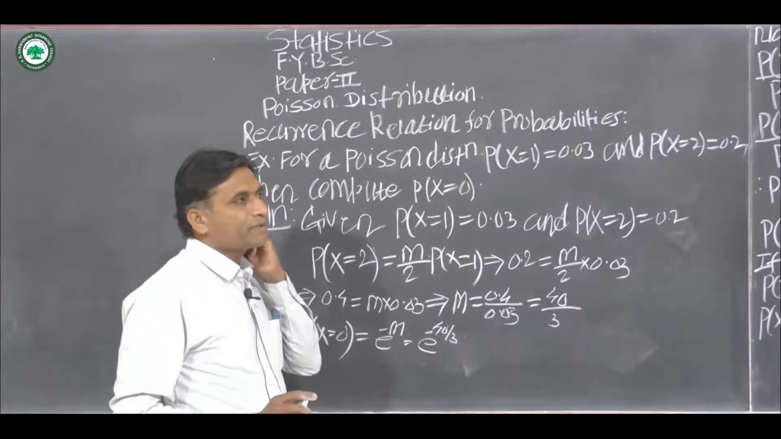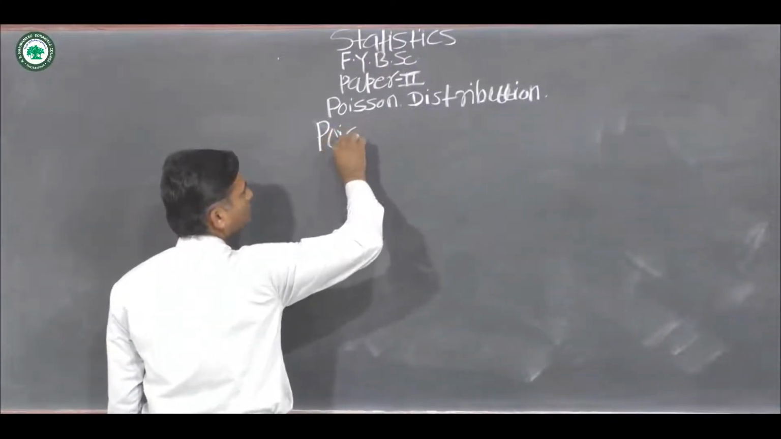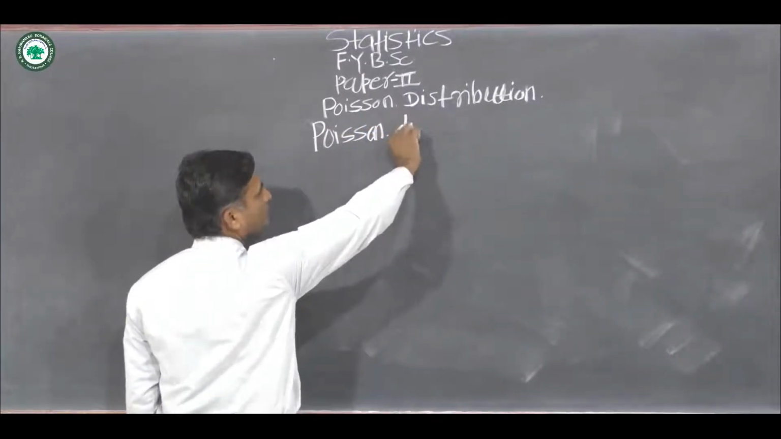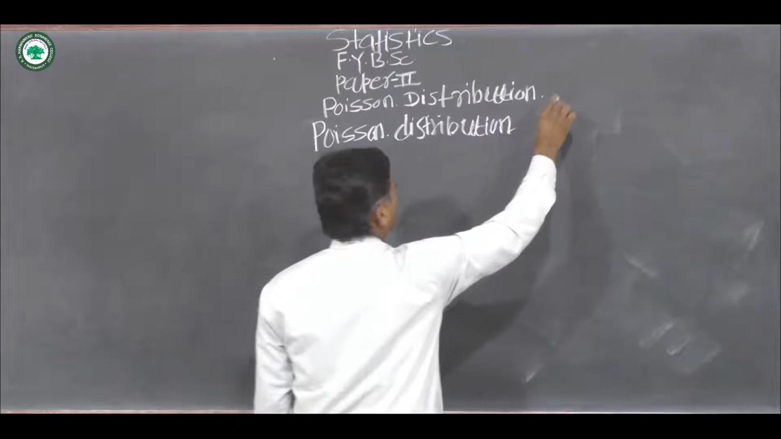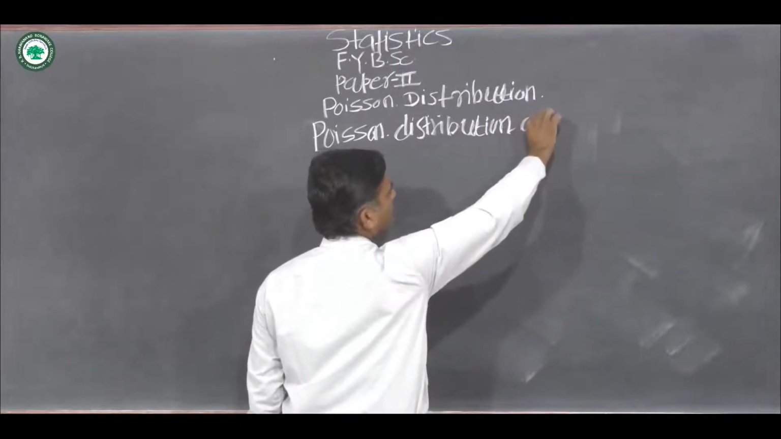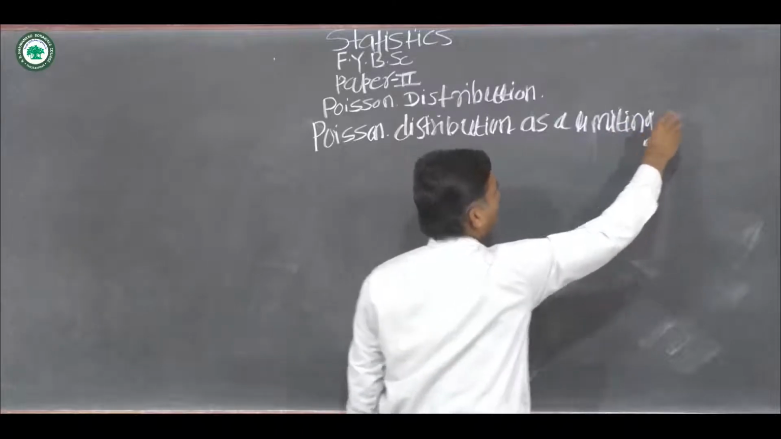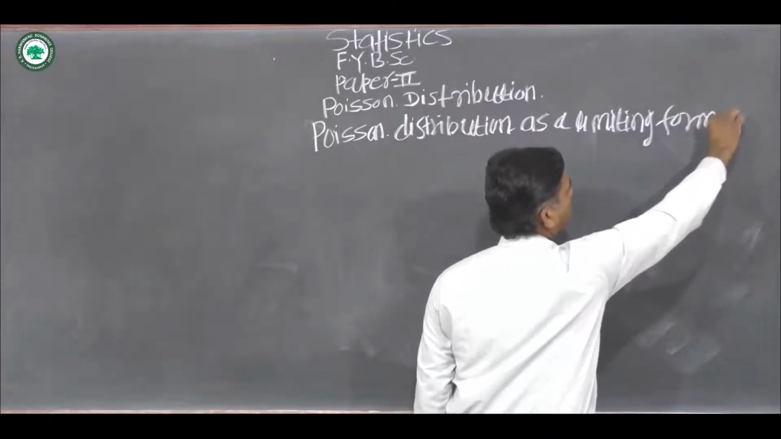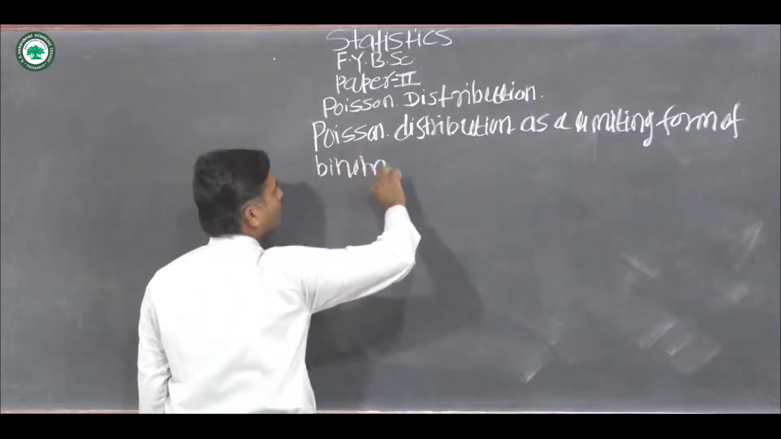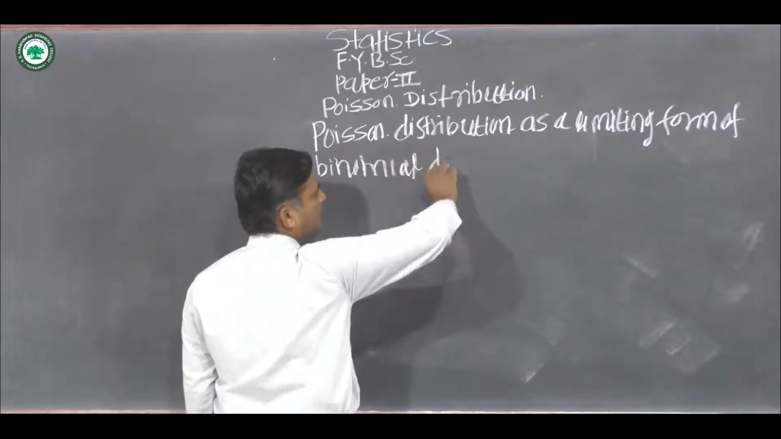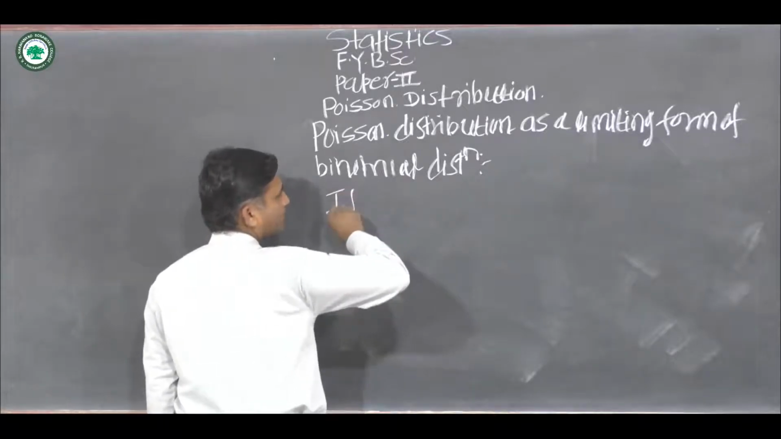Now we see the limiting form of Poisson distribution: Poisson distribution as a limiting form of binomial distribution. Okay, if x follows